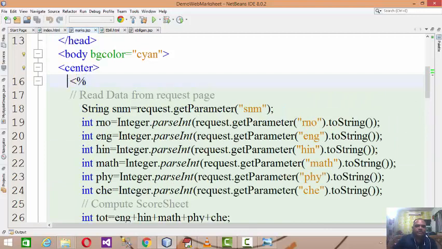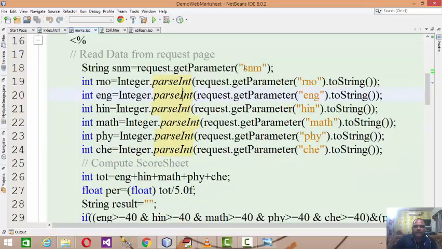we have to add the Java code. In HTML, tags are followed by angle brackets. So this indicates the difference between the HTML tag, which includes the HTML tags only, opening and closing. But here in this case, the Java code needs to be wrapped in a scriptlet tag. So the first step is to read the data from the request page. So I read the posted data, snm, right, input type equals to text, name equals to snm. It posted data regarding the student name, so I'll hold it in a local variable called sname.